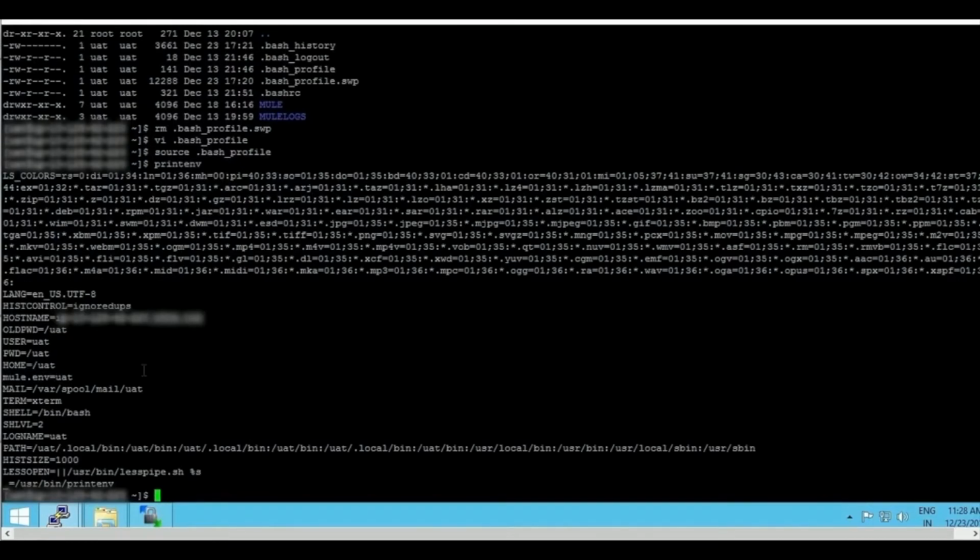So the next step would be to navigate to the conf folder, this time to edit the wrapper.conf file.